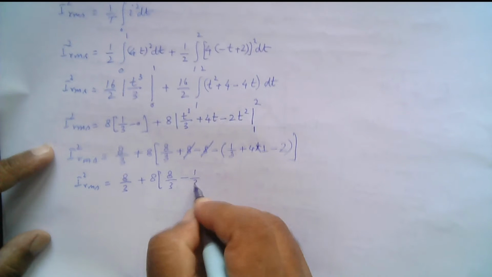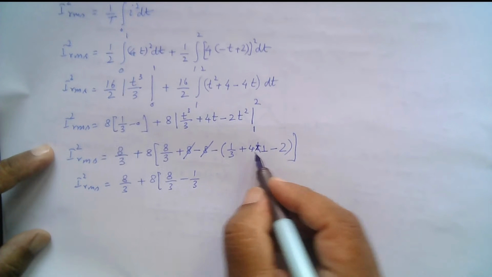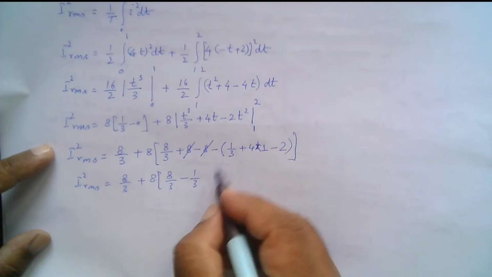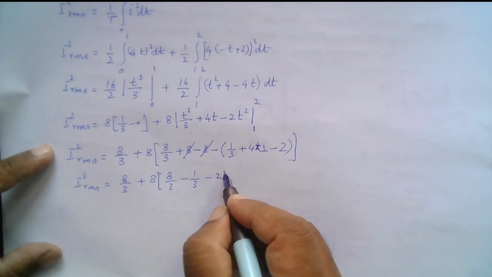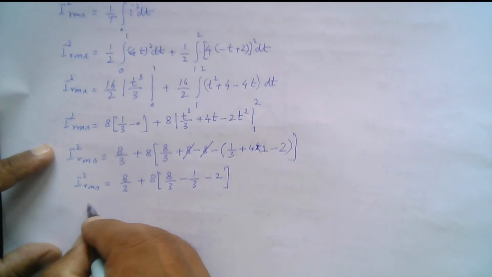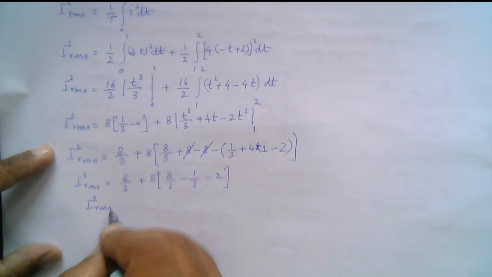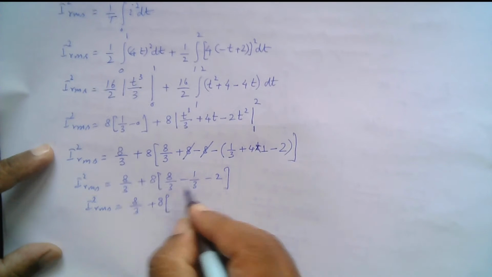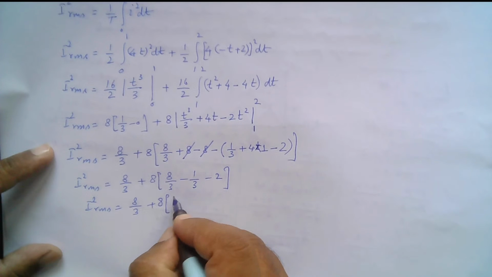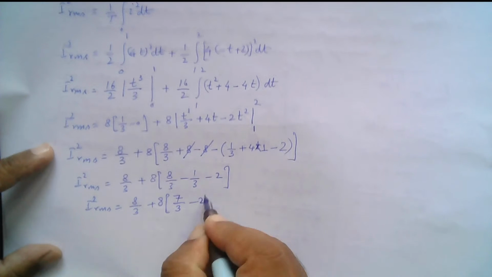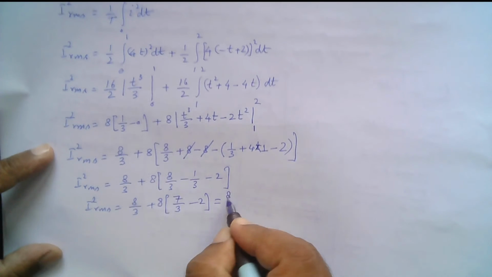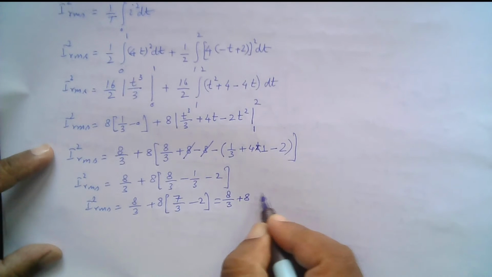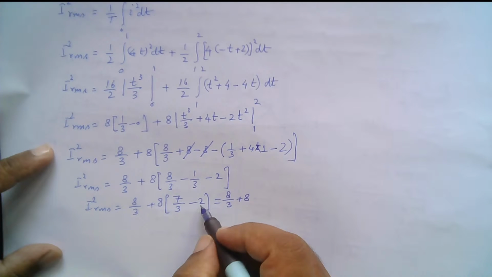This is minus 1 over 3, and there's 4 minus 2 is plus 2, and this is minus 2 here. So I square RMS is equal to 8 over 3 plus 8 over 3 minus 1 over 3, that is 7 over 3, and minus 2, so that is 6 over 3,